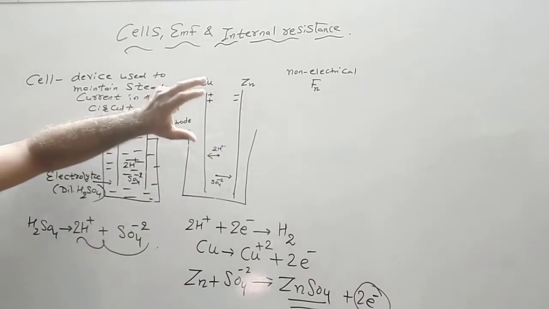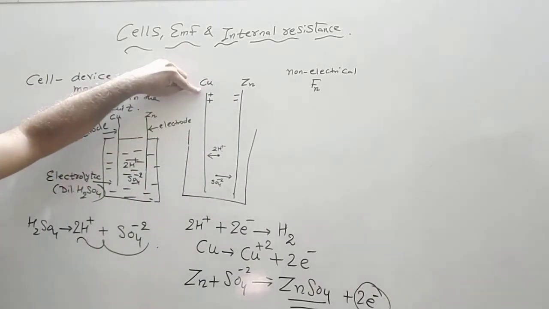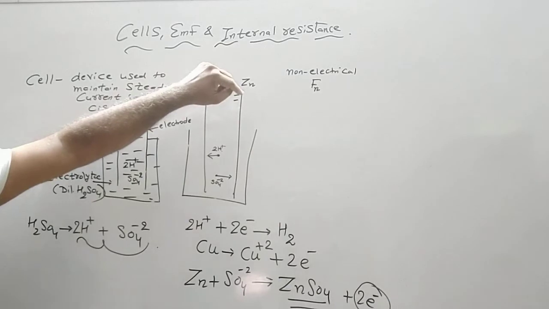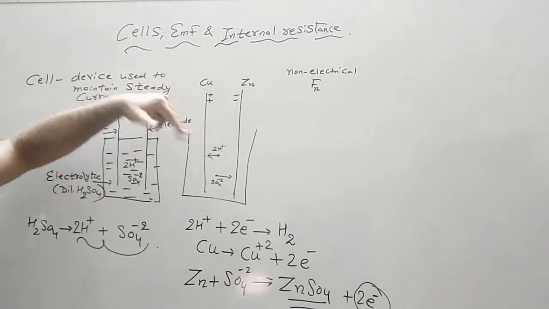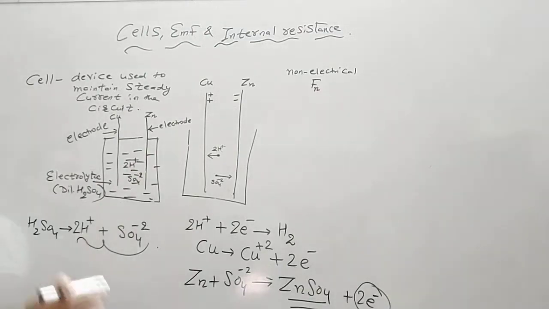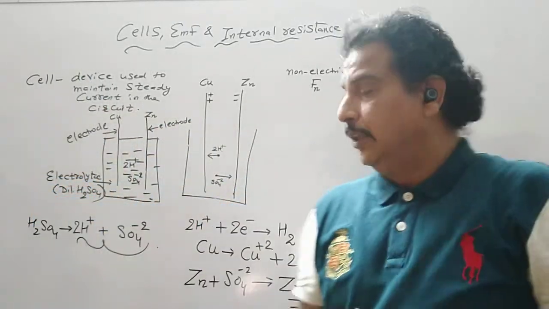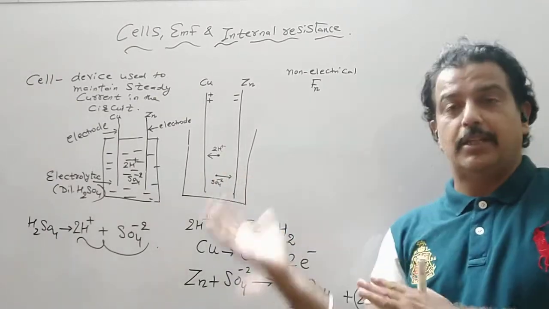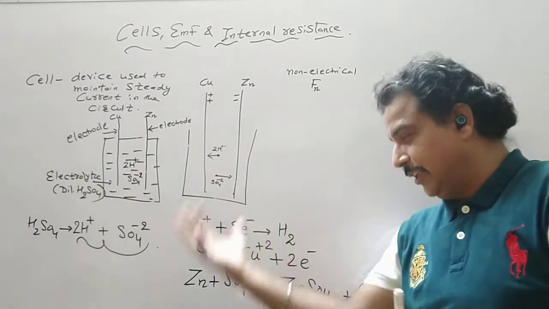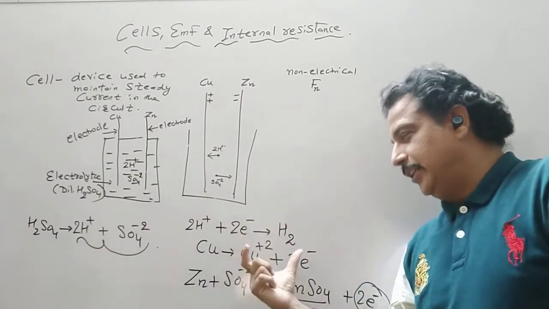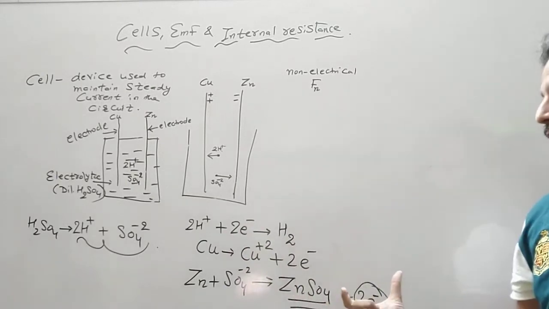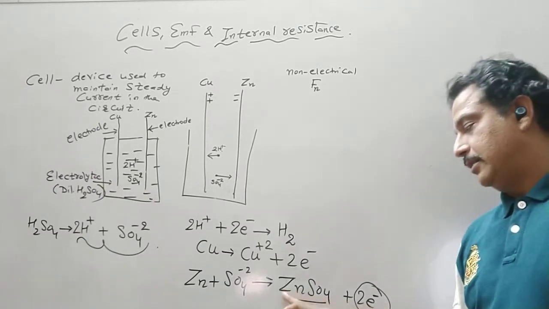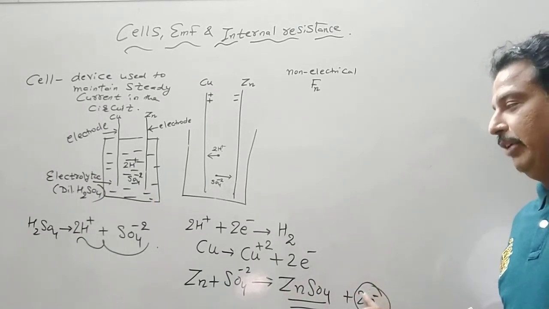So it is like the 2 electrons have been removed from copper and 2 electrons are deposited on zinc. One electrode is losing electrons and one electrode is gaining electrons. So this is a redox reaction inside the cell. The chemistry explains this process in another way. In the equation we write this step by step.